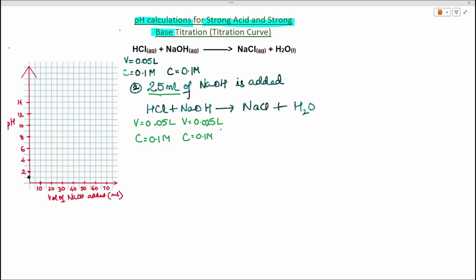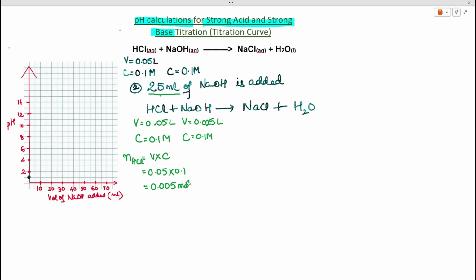Now for calculating the pH of this solution, first we have to find the number of moles of each, the acid and the base. So the number of moles of HCl can be calculated by the volume multiplied by its concentration. So this is 0.05 multiplied by 0.1, and this gives us